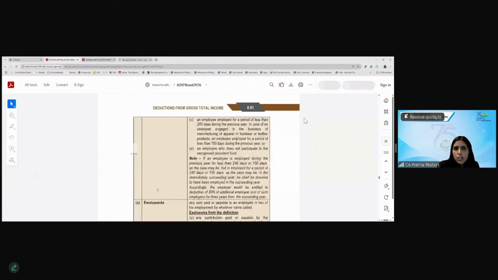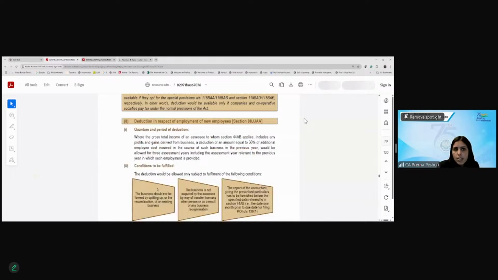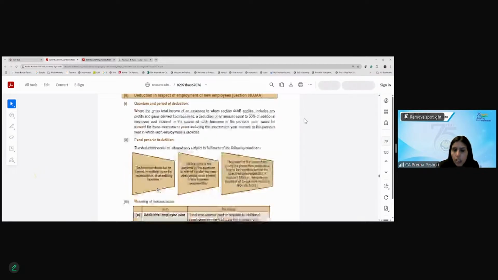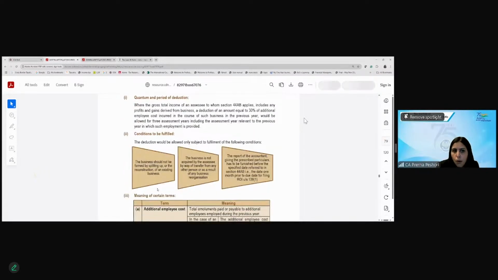This is the deduction under 80JJAA. Now, what does this deduction provide? This is for the new employees. So, where the assessee to whom the tax audit is applicable has profit and gains from business, 30% of the additional employee cost would be allowed for a period of 3 assessment years from the previous year in which employment is provided. The conditions are: the business should not be formed by splitting up,